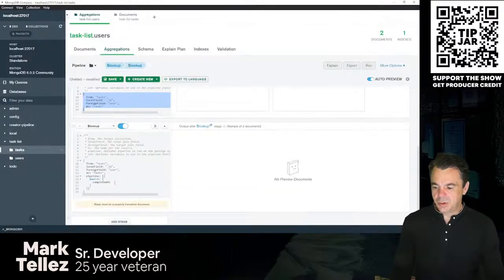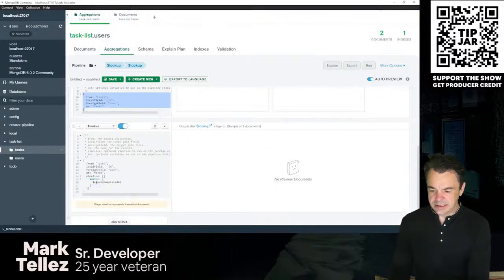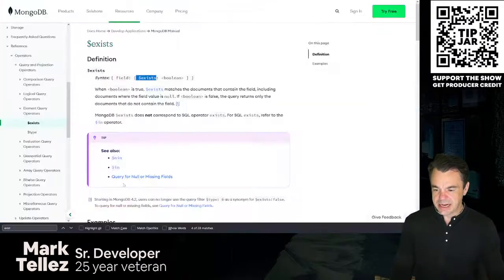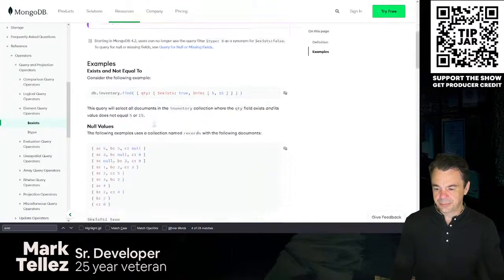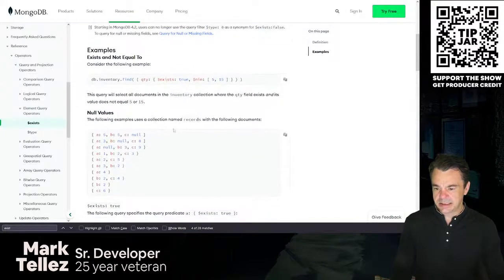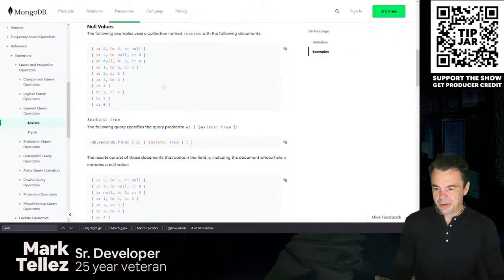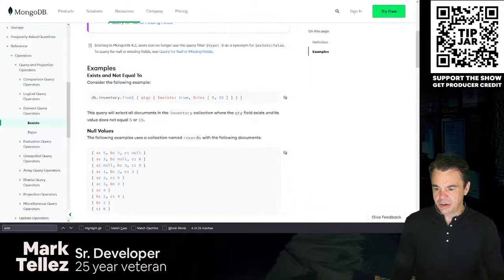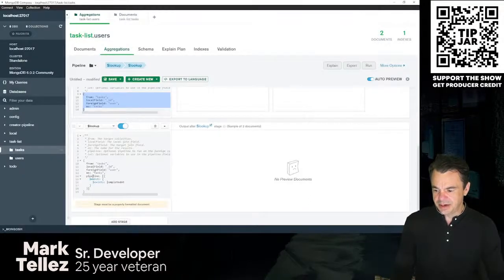So what we could do is we could say completedAt must have exists. You could also check to see if it's after a certain date. Exists true. And they're doing that on the quantity. So we're trying to find the completedAt